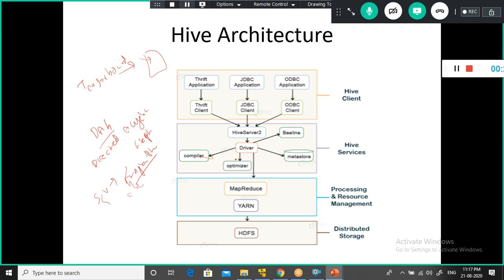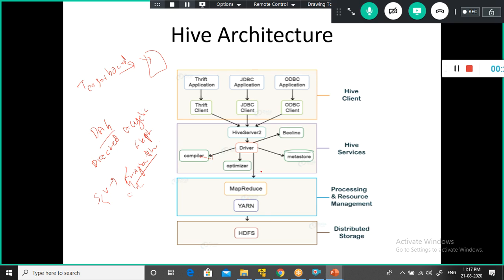Next, the driver sends the execution plan to the execution engine. You have something called the execution engine. The driver, upon receiving the execution plan from the compiler, sends it to the execution engine for executing the plan, based on which the execution engine will execute it.